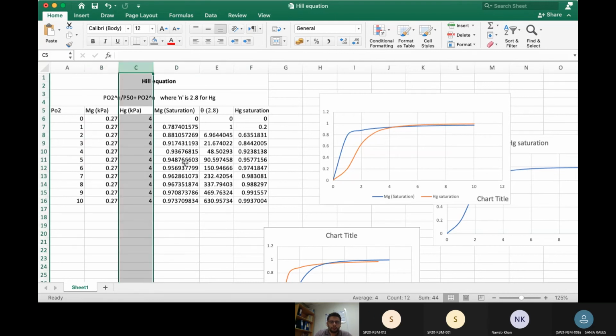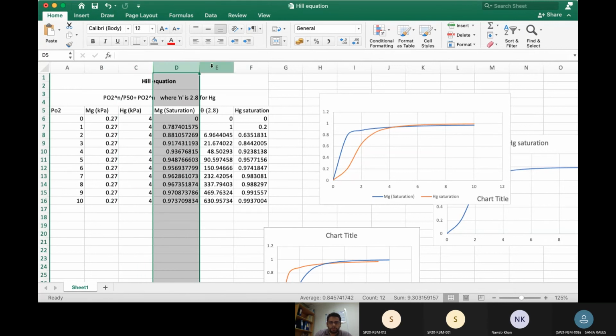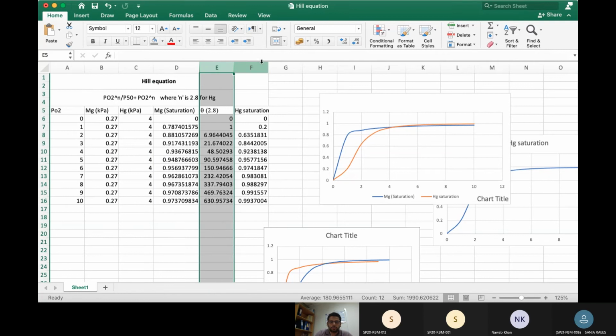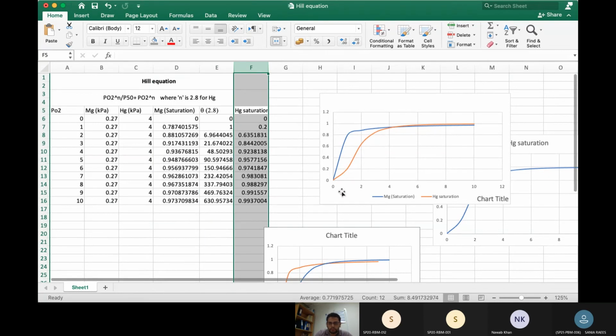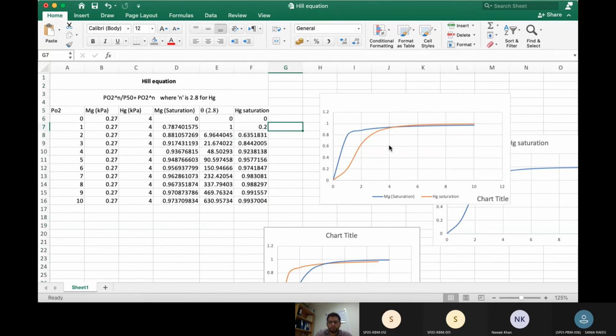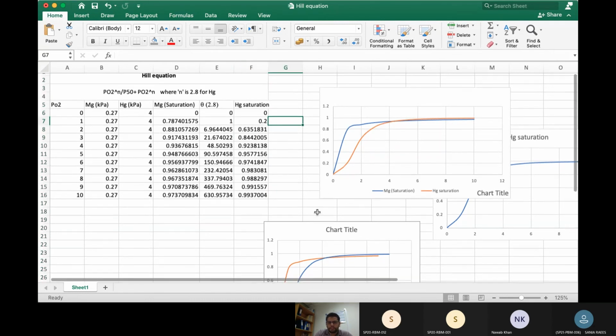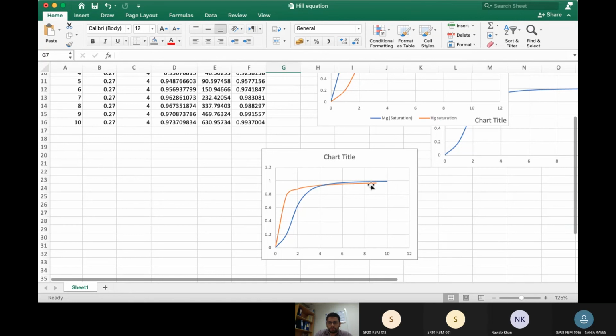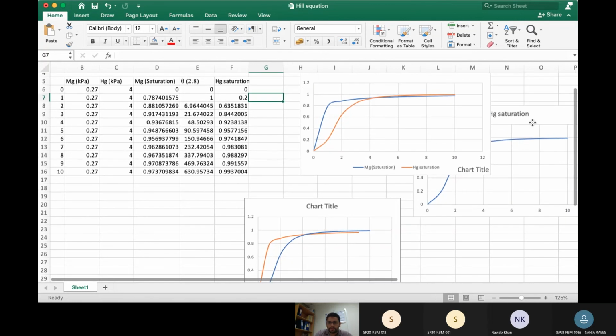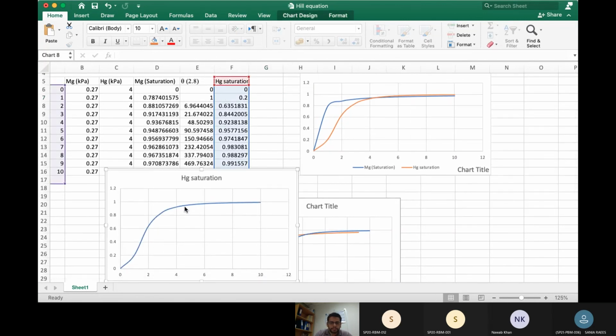मरकरी के अंदर, एंड उसके बाद सैचुरेशन लेवल कितना है उसके साथ, और फिर हमने थीटा की वैल्यू कैलकुलेट की किस कदर होगी, और इन सब वैल्यूज को यूज करते हुए जो कर्व बना वो इस किस्म का बना। I would give you full detail in tomorrow's lecture, तो आपको नजर आएगा कि ये सिग्मॉइडल कर्व एस शेप कर्व क्यों बन रहा है। This is the S shape curve जो कि आपको नजर आ रहा है हीमोग्लोबिन। Hg stands for hemoglobin, Mg stands for myoglobin.